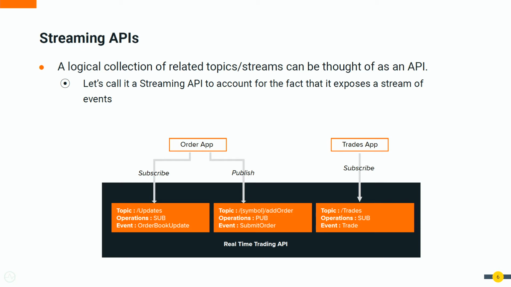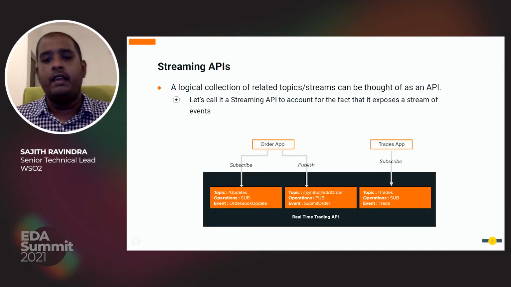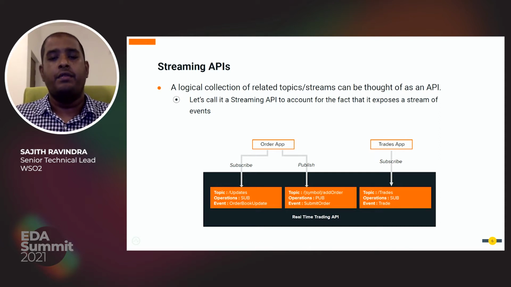Anyone who needs to develop, let's say, a trading application will only need to look into the real-time trading API, right? Which lists all the topics and their information related to the endpoint, the topics and the SDKs and the documentation, etc. This is much more convenient in contrast to going and looking up through the list of topics that might be available in your event backbone, right?